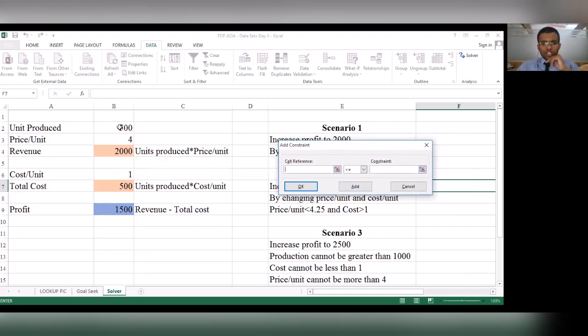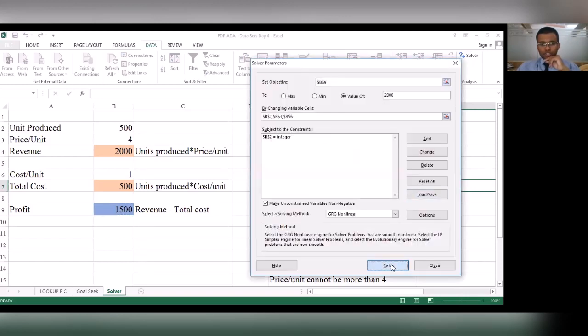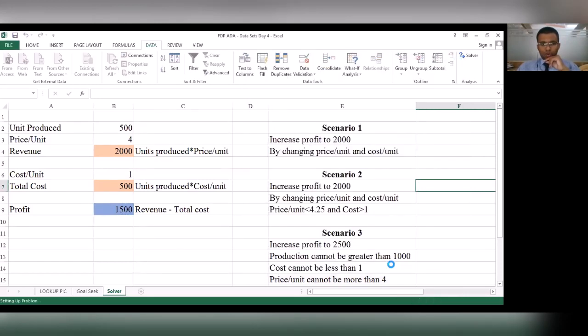My condition is units produced, which is mentioned in B2, it has to be an integer. I'll click on add, and then click okay, and try to solve this again. Let me see now what happens.